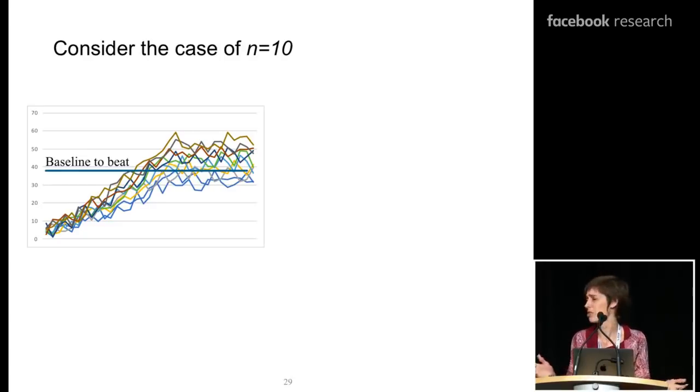In this case, let's say, just 10 runs, and you're comparing the results of your 10 runs. On the x-axis, again, I have the number of examples. On the y-axis, I have the empirical return for each of these runs. And let's say the blue line, the flat line, is some other baseline that you're trying to beat. We have 10 runs, and this is what the results look like. When a student comes and sees me with this kind of plot, I say, yeah, okay, your algorithm is learning. We might not be done in terms of showing that our results are better than the baseline.